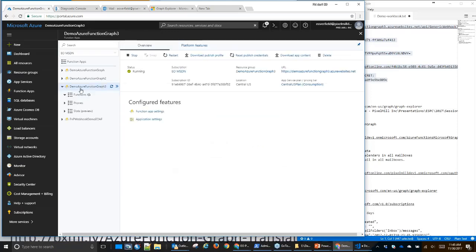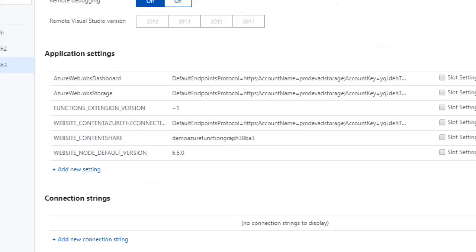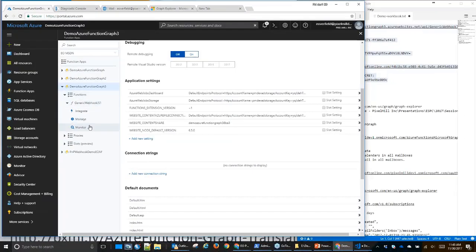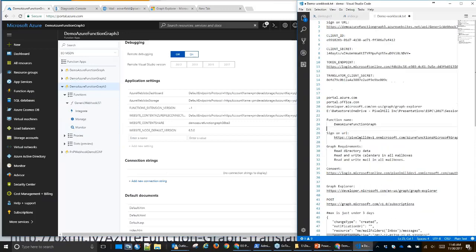If we go back to Azure Functions, the Azure function in particular, we're going to see that there's an application setting field. If we click on that and scroll on down, we'll see that there are, in fact, application settings that we can set up and that any of our Azure functions that we create can now use. Wow, cool. Okay, so let me go ahead and I need to add some